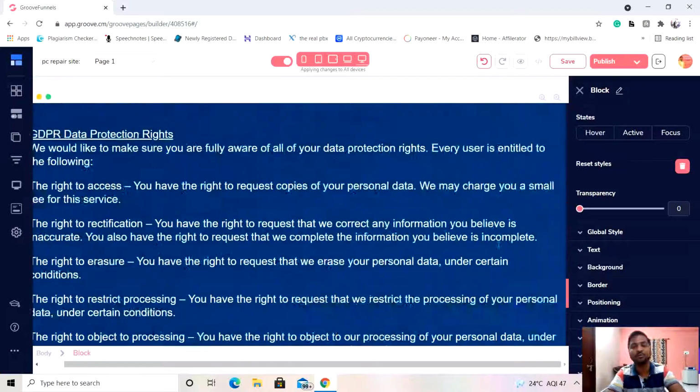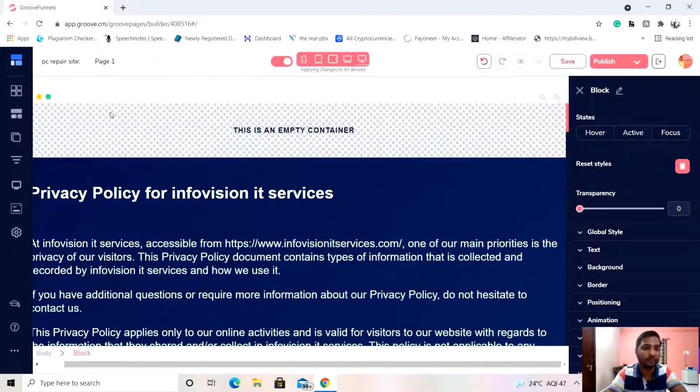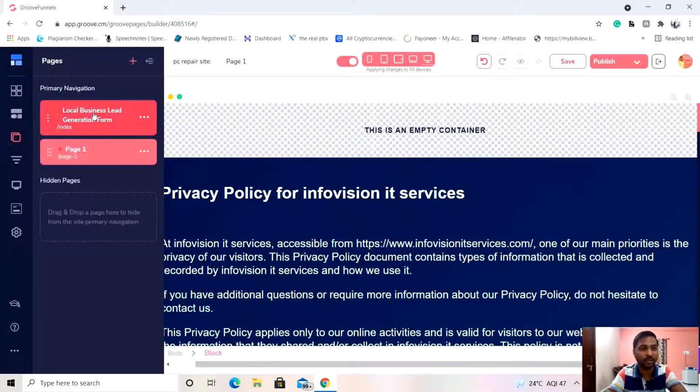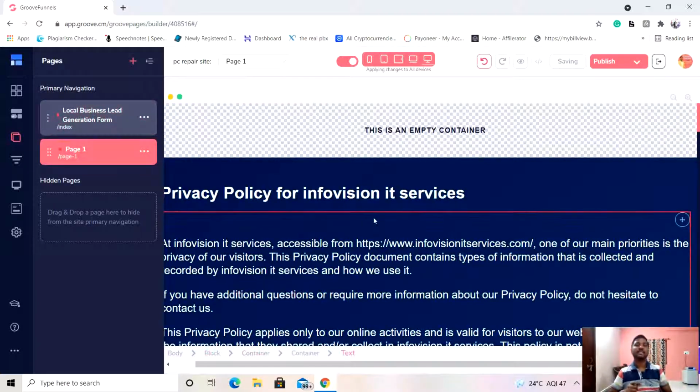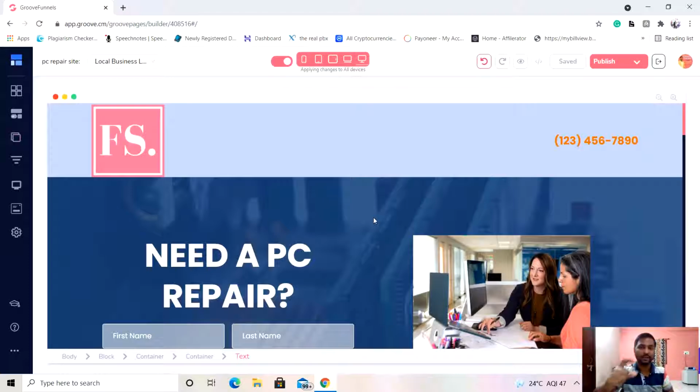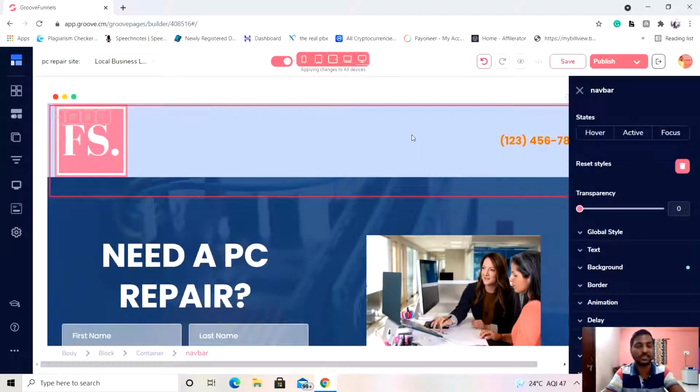Now what we have to do, first of all, we have to go to our first page, our home page over here on this one, and we have to save those blocks, the header block and the footer block, so that we can use them from our saved templates.